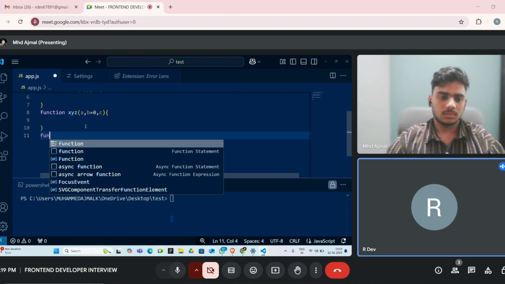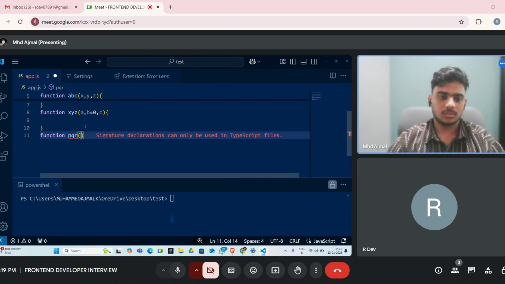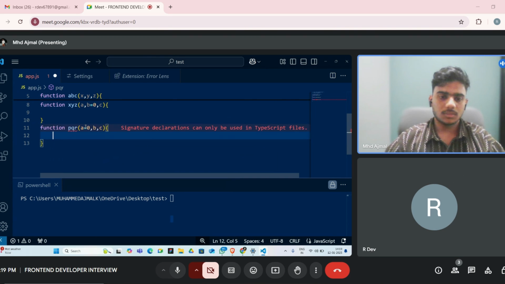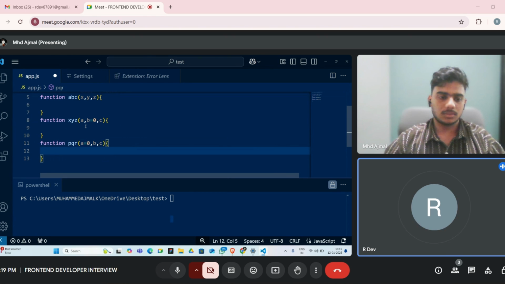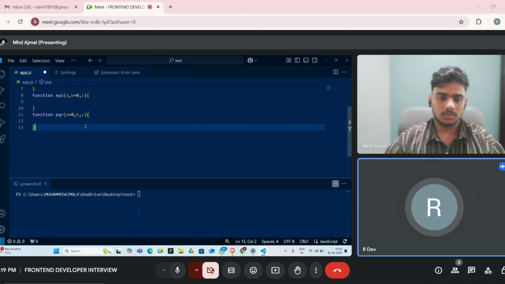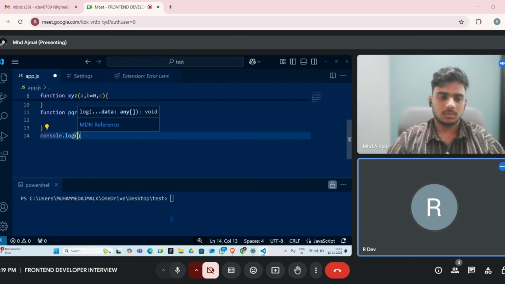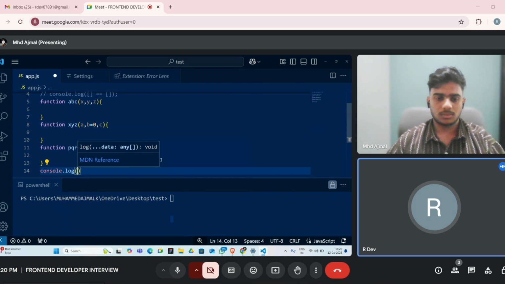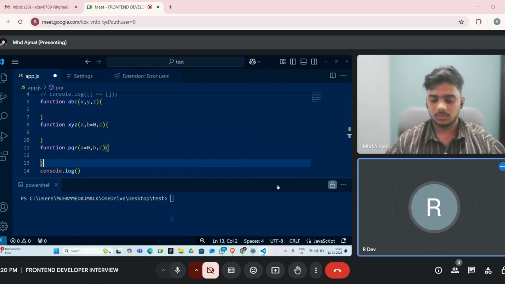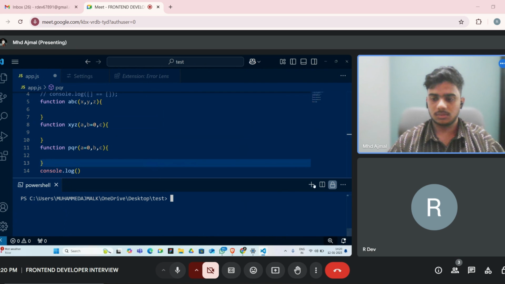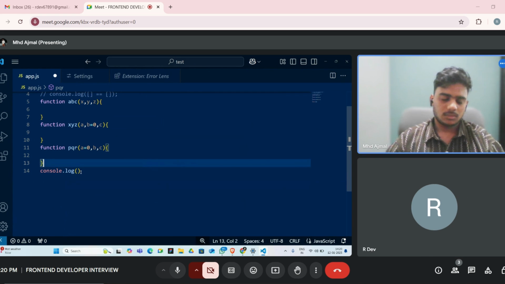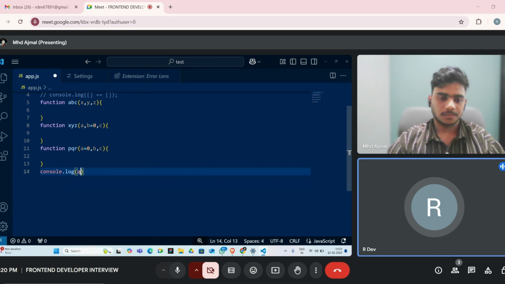Write function pqr. Write a equals to 0, b comma c. Okay, and you have to find out. If you can remove that terminal it will be better, we will see later. There is a close button, PowerShell. Yes. Okay, write a console log abc.length